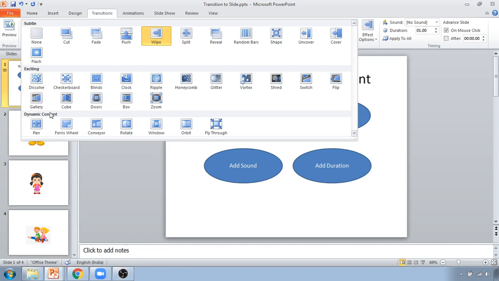If you are using the subtle, then the slide transition will occur. The exciting one is a strong transition, and the third one is the dynamic content, a strong transition that affects only the content such as text or the images. Whichever transition you select for each slide, it will get applied to that slide.